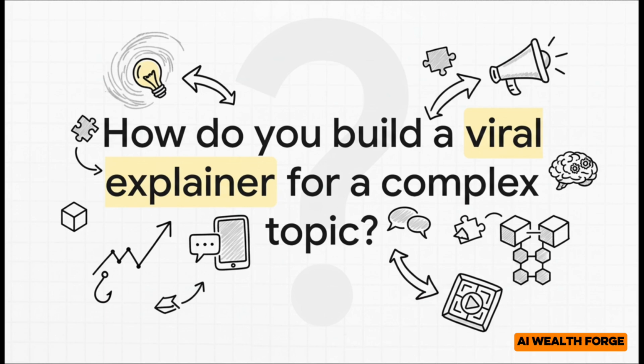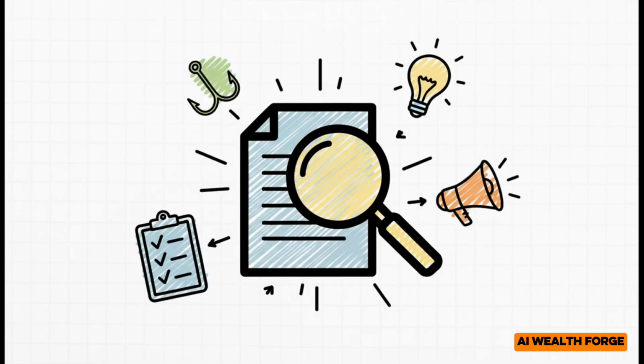So how's it done? Well, funnily enough, the answer has been kind of staring us right in the face. The source for all of this? It's just a simple request, a prompt to create a script called Top 5 AI Tools to Make Money Online in 2026. I mean, sounds pretty standard, doesn't it? But here's the thing. Buried inside that one little request is a complete recipe for success. It's basically a masterclass in how to structure content, just hiding there in plain sight.